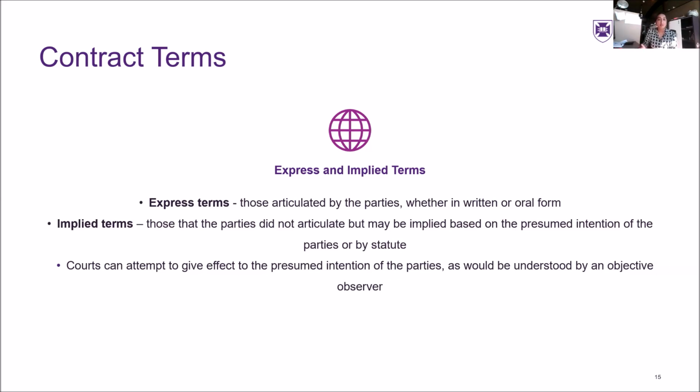So this can arise in situations where you have a contract and its express terms don't anticipate events that could consequentially affect the contract. So when you go to the courts for a solution, the court may accept that the express terms have some gaps and therefore fill in those gaps with implied terms.